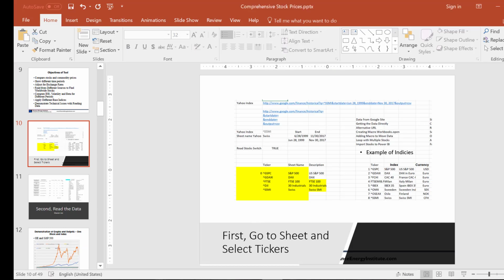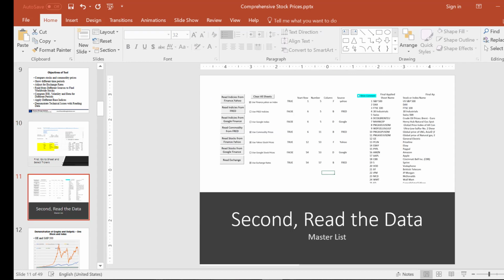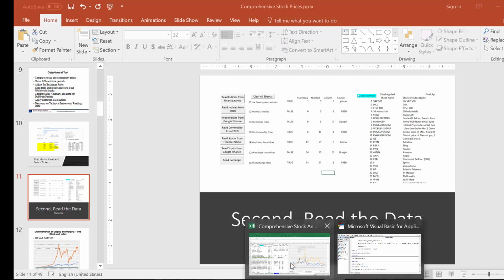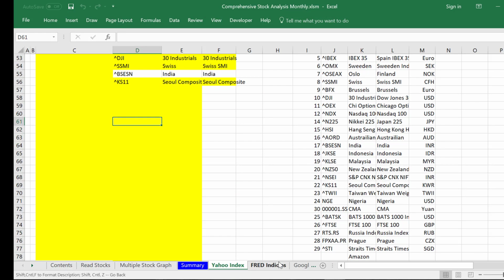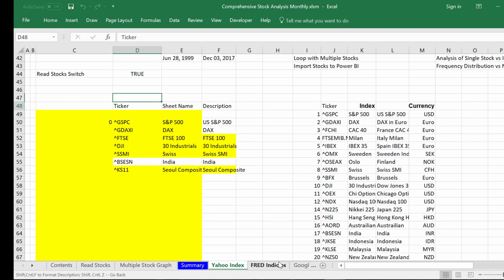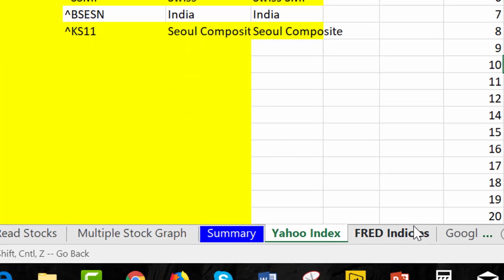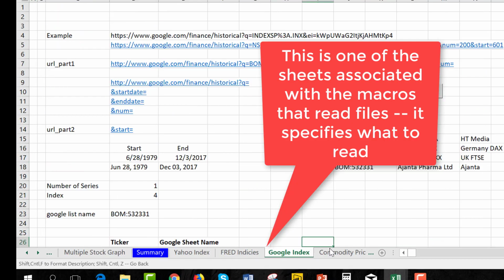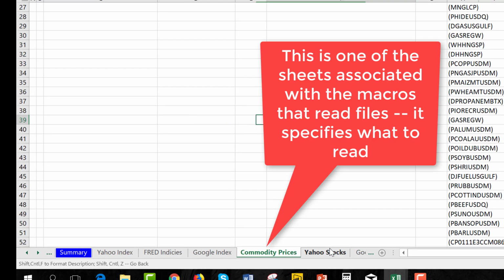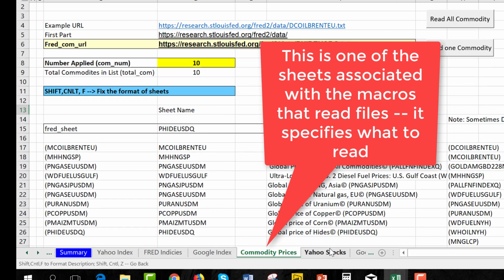So what did I do first? Oh, and I didn't show you here. If you want to decide how to get the data, I have kind of a little bit of a master list. I've got only a few indices, and then right next door to it, I tried to put a bigger sample. That's not very interesting. But if you go to the commodity prices here,